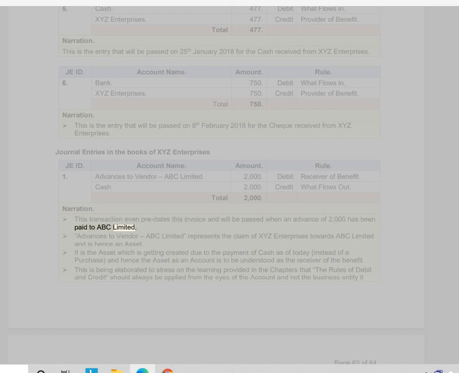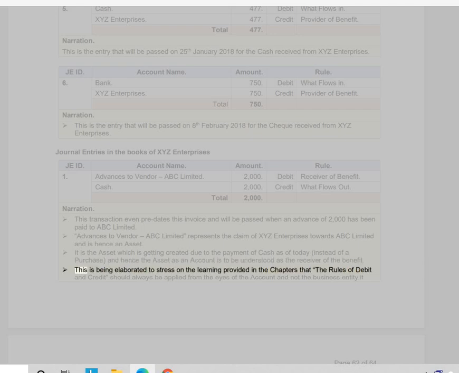paid to ABC Limited. Advances to vendor, ABC Limited represents the claim of XYZ Enterprises towards ABC Limited, and is hence an asset. It is the asset which is getting created due to the payment of cash as of today, instead of a purchase, and hence the asset as an account is to be understood as the receiver of the